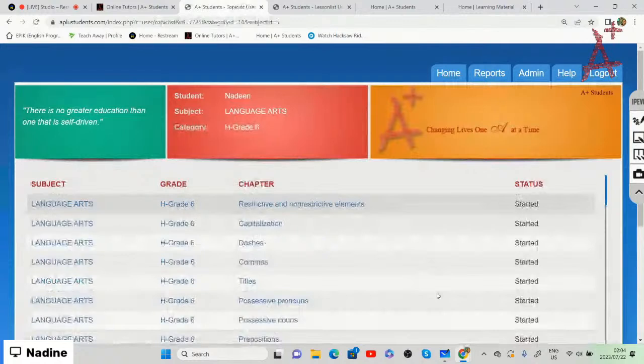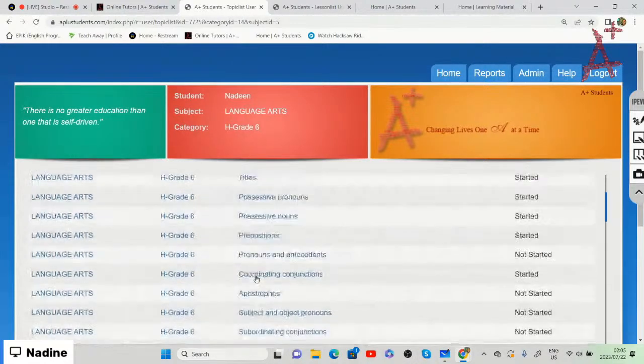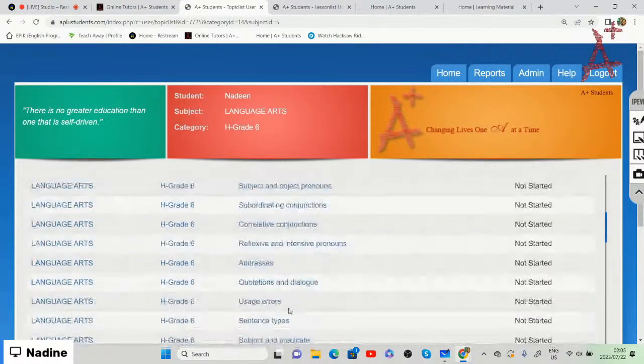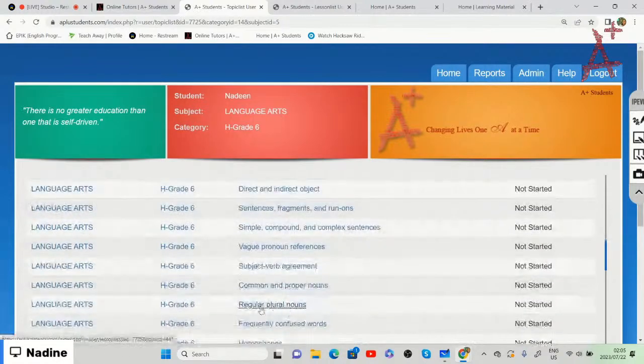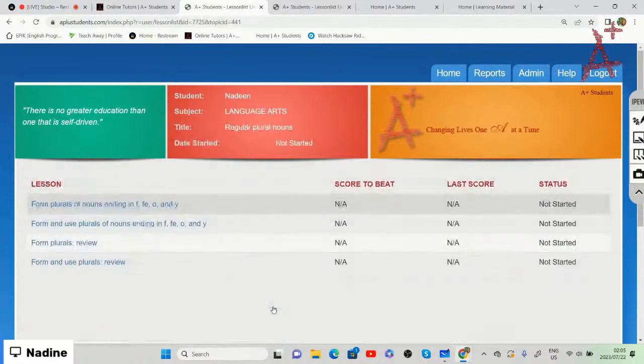All right, so once we've selected regular plural nouns, grade 6, and then we're going to scroll down until we get to the chapter of regular plural nouns. So regular plural nouns. All right, so our chapter that we are focusing on is regular plural nouns,